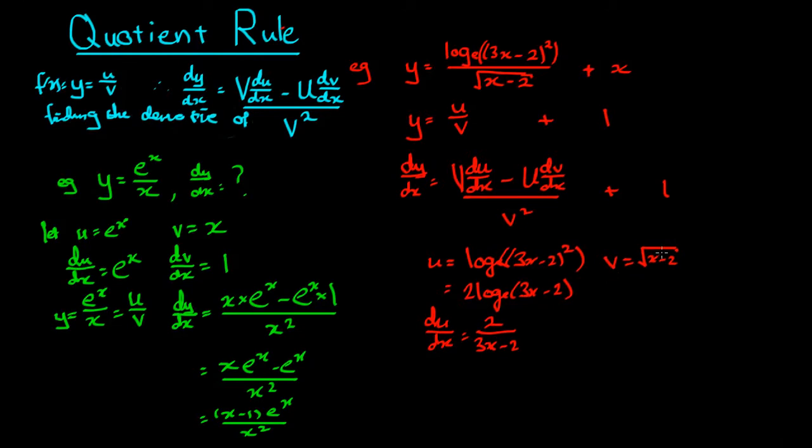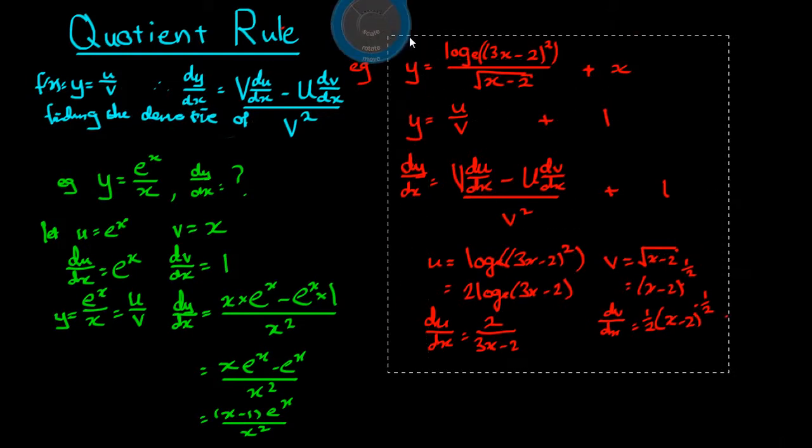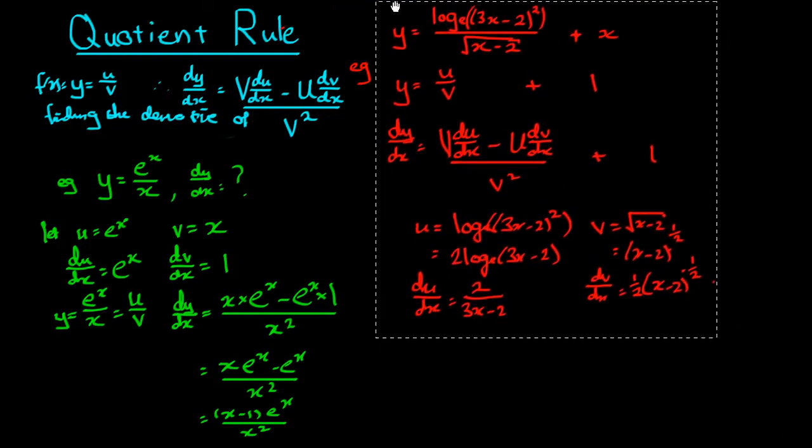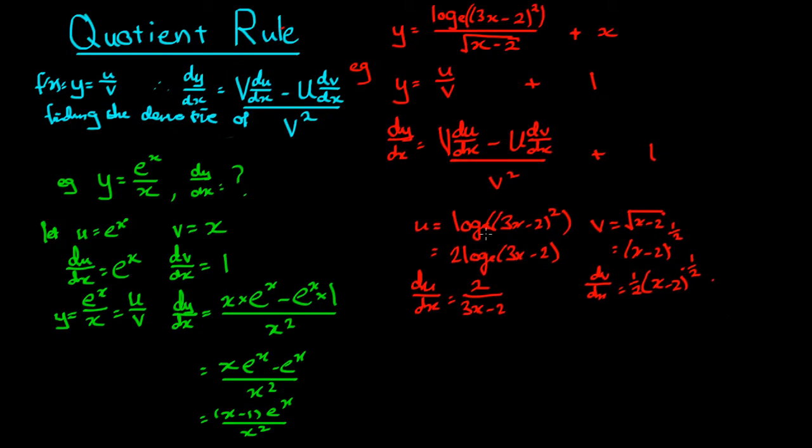Over here we've got v equals the square root of x take 2, which is equal to x take 2 to the power of a half. So dv dx is equal to, well, you multiply the half down the front, so it's 1/2, and then you take a power off this term here, x take 2 to the power of negative 1 on 2. So now we've got all our terms ready. I'm going to move this up a little. So we can fill in this formula here,